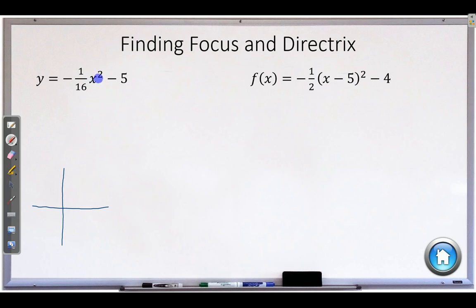So if I think of this in vertex form, it doesn't look like it's in vertex form, but it actually is. -1/16 if we write this as x minus 0. Okay, so we're going 0 side to side and 5 down. That 0, of course, does not need to be there, which is why it's not written originally. So if we go down 5, 1, 2, 3, 4, 5, right there, and it's a negative a value, so it's going down this way,